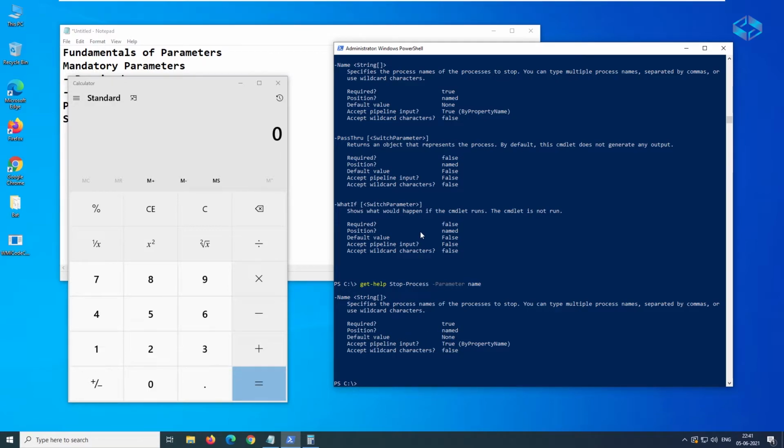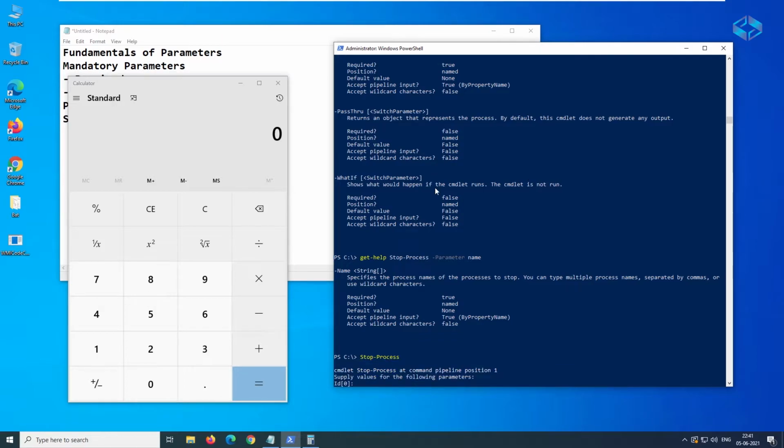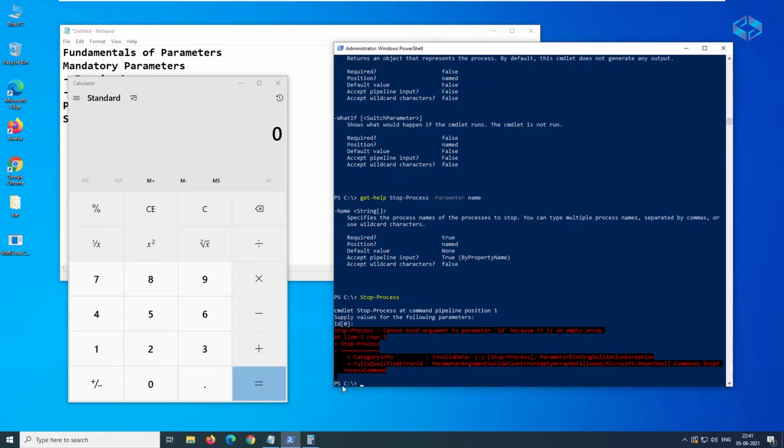As we spoke about the other command, similarly here for Stop-Process, if you enter, it will ask for the mandatory field, which is the ID. Because we have not provided anything, it is empty and there is no default value, so that is the reason it is giving this error message.